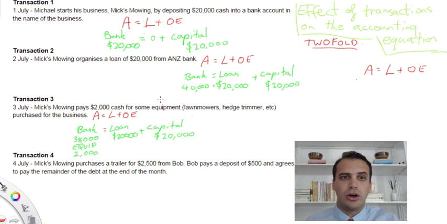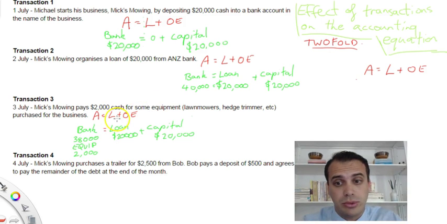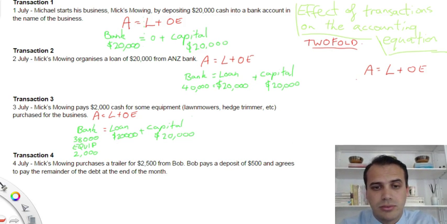Twofold nature of a transaction. And that's what accounting's really going to be all about. If you can start to understand that each transaction has a twofold nature, 2 things are happening, then you're really on the way to making a lot of progress with accounting. Okay,